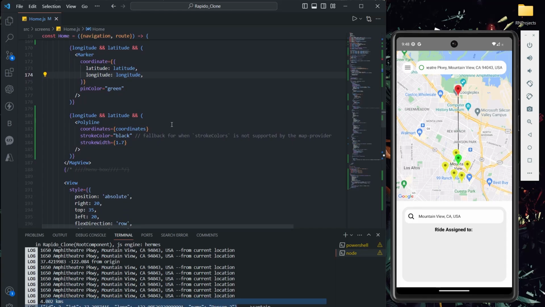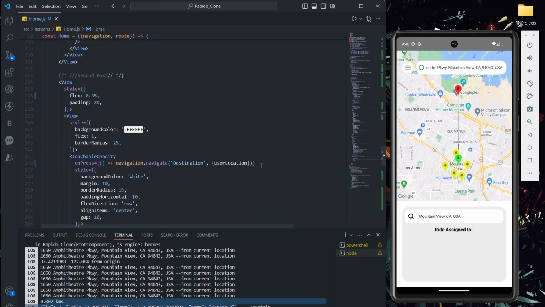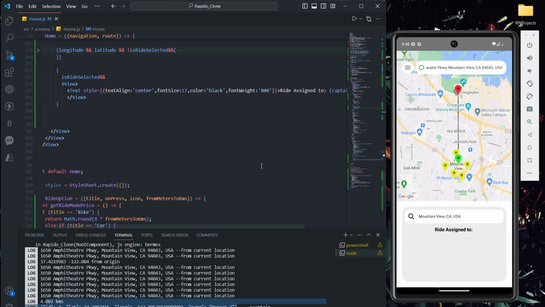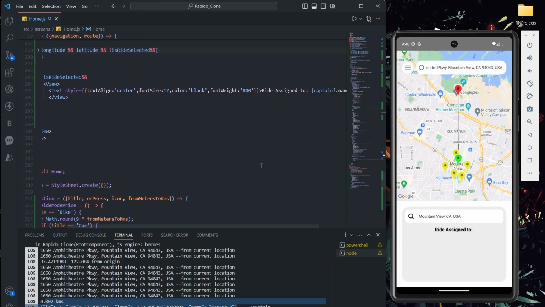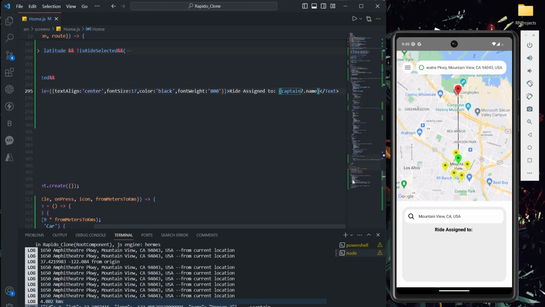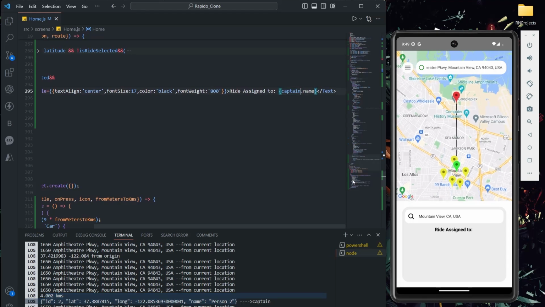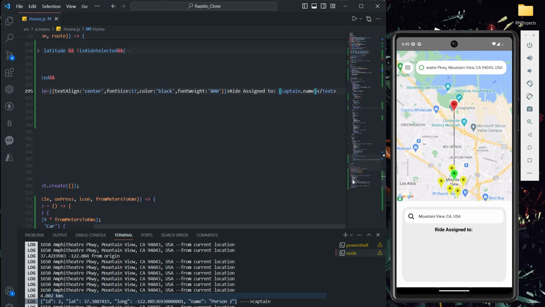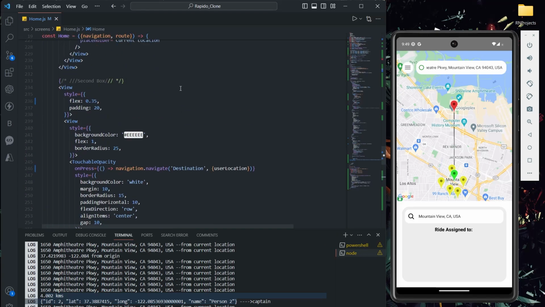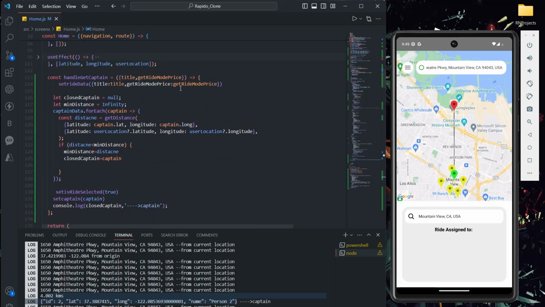initially I'm getting this data also, and let's see why exactly it's not showing this data. Right, assigned to captain.name. Let's check what error it's throwing. Let's see, are we really getting the value or not? Right now I guess here only, right?